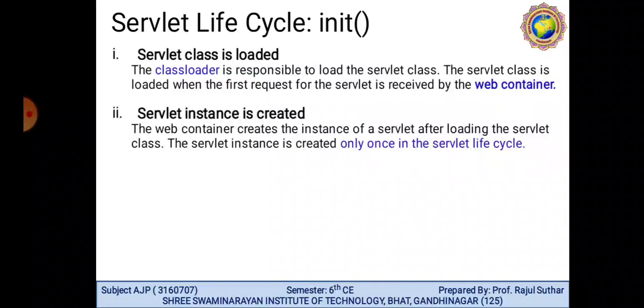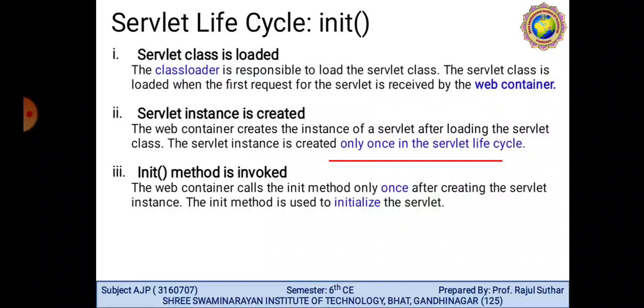Servlet instance is created. In the second step, the web container creates the instance of the servlet after loading the servlet class. The servlet instance is created only once in the servlet lifecycle. Finally, the init method is invoked. The web container calls the init method only once after creating the servlet instance.